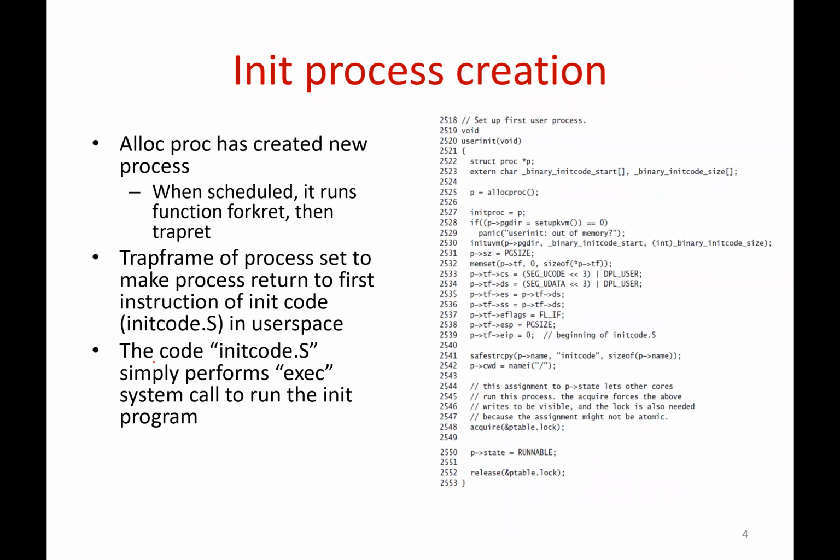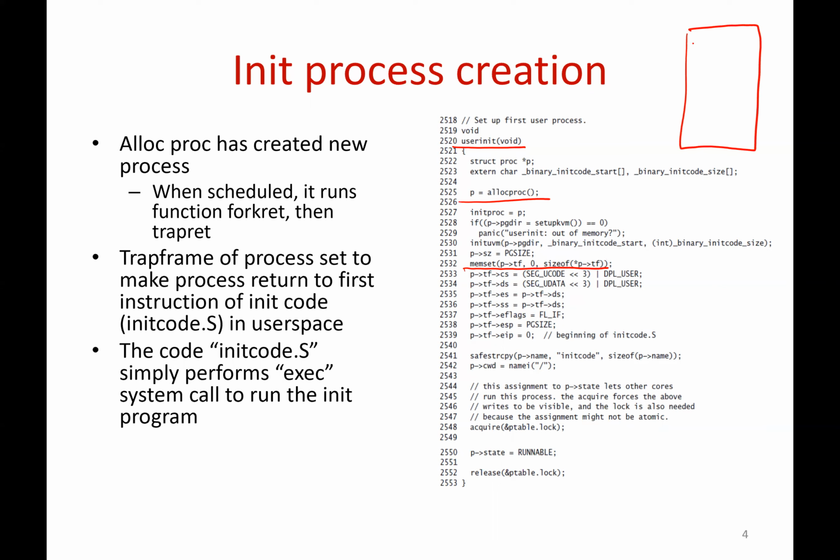Now let us look at the init process creation, right? This is the function that is called right after boot up to create the init process. What does this do? It first, of course, allocates a new struct proc. It calls allocproc, which has allocated a new struct proc and set up the kernel stack, right? Note that allocproc has set the EIP in the context structure, but it has not done anything to the trap frame. Now here you copy a new trap frame in the space that is there, right?